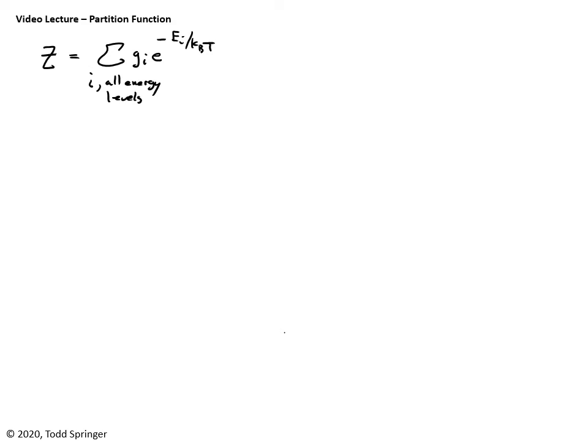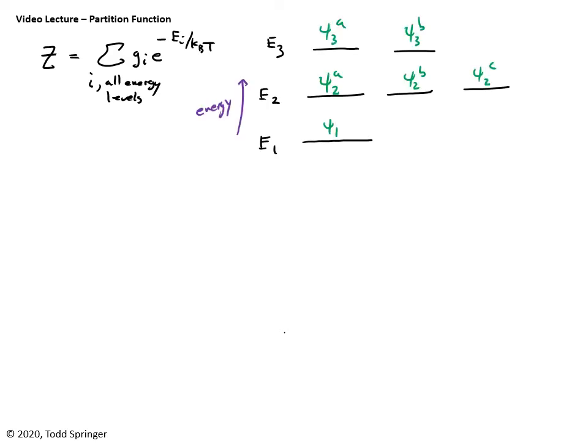To get a sense of what this might look like, let me just make up some energy levels for a particular system. So let's say, for example, my system looks something like this. This will be E1, this will be E2, this will be E3. And let's just label each of these states. I just made up a system which has 1 state with energy E1, 3 states with energy E2, and so on. So in this toy example, my Z would be